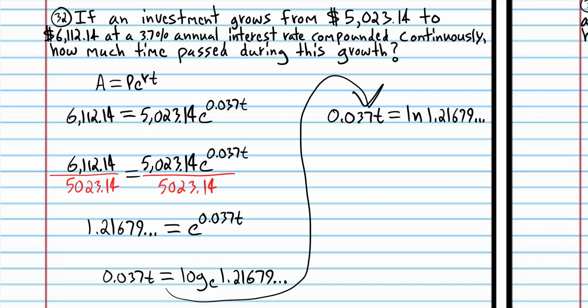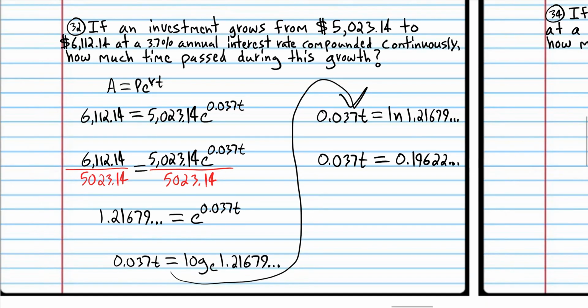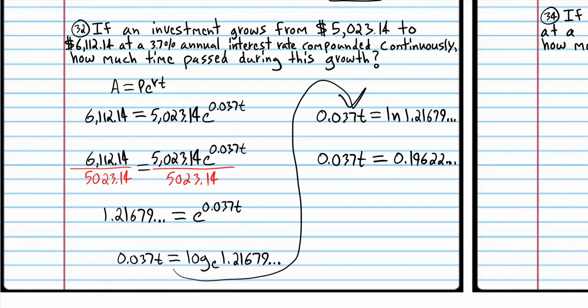So natural log of that number is approximately equal to 0.19622 dot dot dot. So keep that in your calculator, then divide that by 0.037. So divided by 0.037, enter. And the time that passed is 5.3,